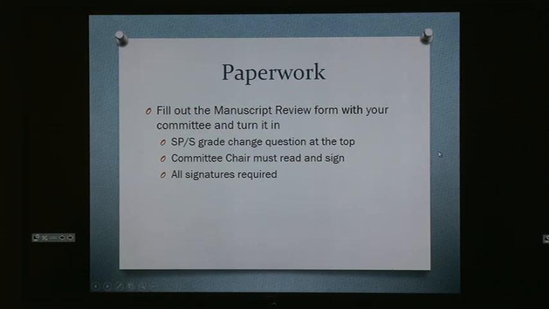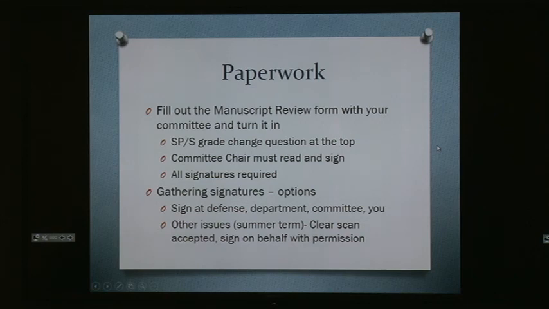Also, your committee chair must read and sign toward the bottom. This is where I was talking about they certify that they've read the Turnitin report. It says, I've read and approved this manuscript, I reviewed the Turnitin report, and it meets best practice for citation, and it conforms to the style guides. So that's what your chair is signing there at the bottom. All the other committee members will sign, and you will sign at the very bottom. The rest of it is general information that I do need, so be sure it's filled out correctly. Okay, and all signatures are required.